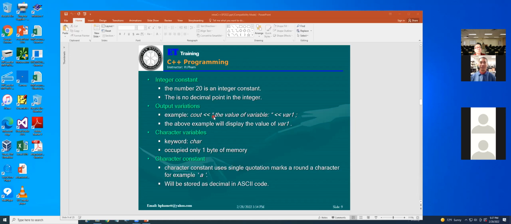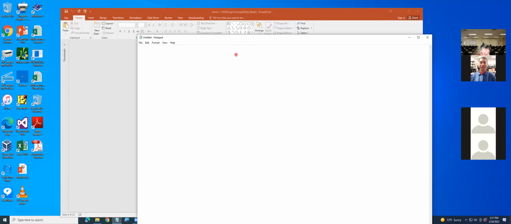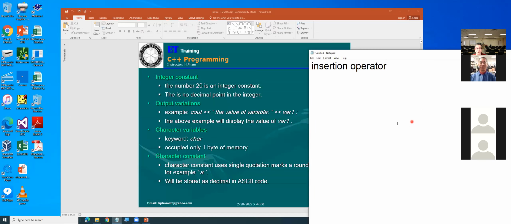Is it insert? Very close. That's what we call the insertion operator. Insertion operator. Okay?